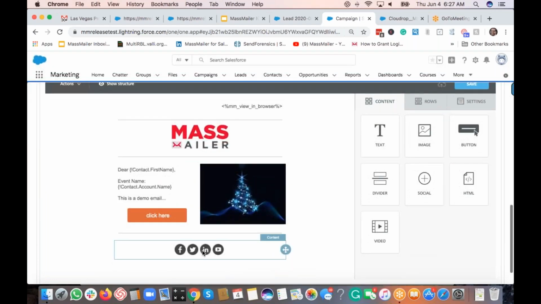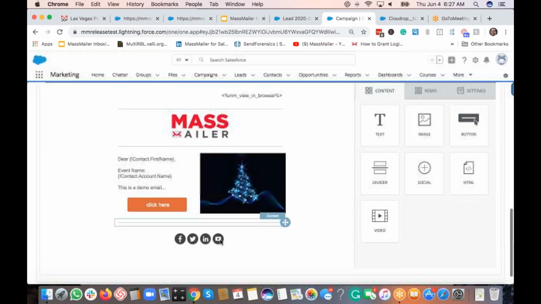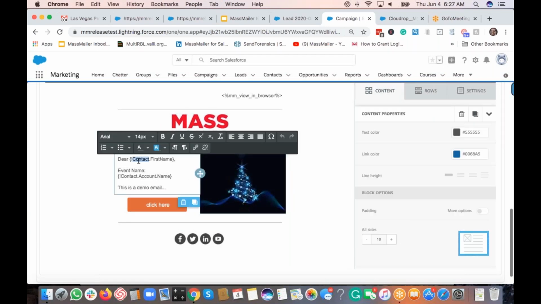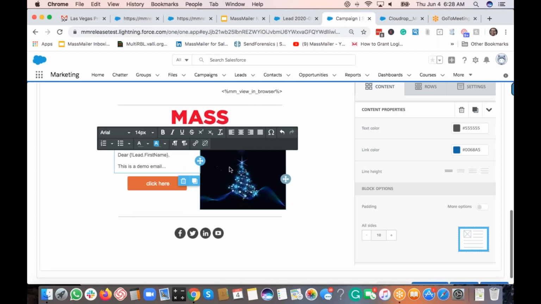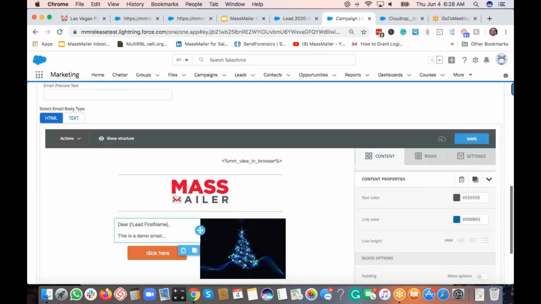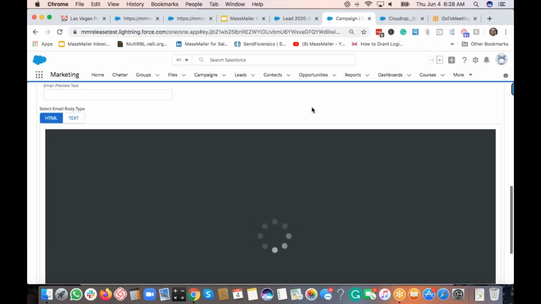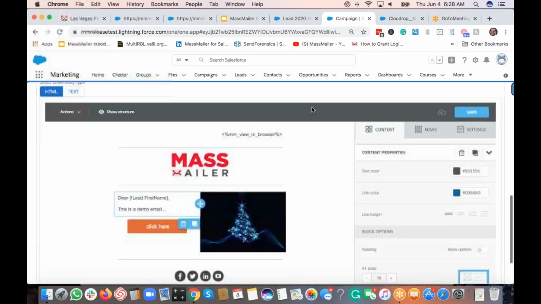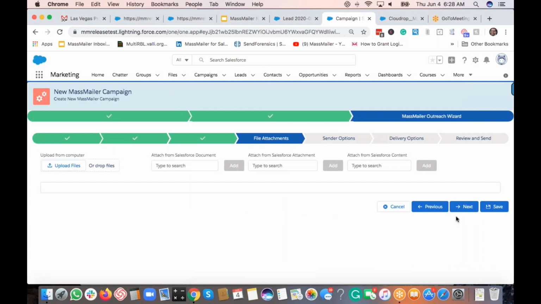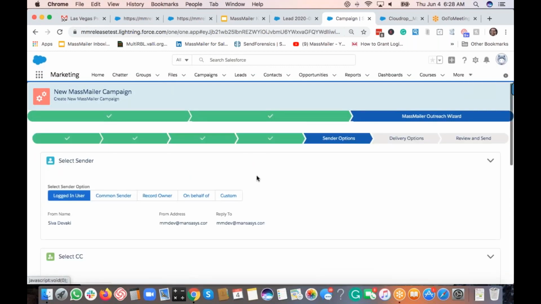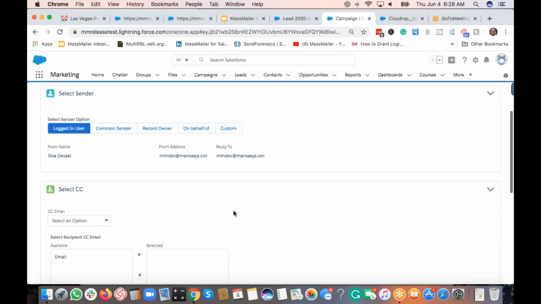So I do have some links. So if I click on any of these links, we should be able to. So here, I'm actually going to change the. Let's just remove this. Okay. So we have the merge field coming from the lead, right? And then go to the next step. Next step. Okay, so